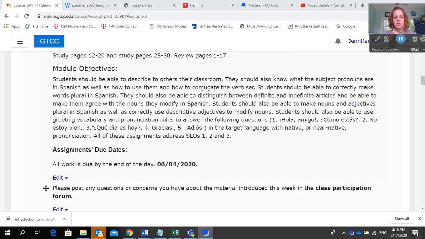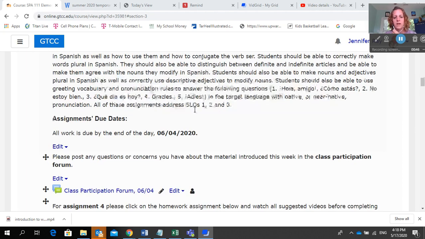After completing this week's assignments, you should be able to describe to others your classroom. You should know what subject pronouns are in Spanish, as well as how to use them and how to conjugate the verb ser. You should be able to correctly make words plural in Spanish. You should be able to distinguish between definite and indefinite articles and be able to make them agree with the nouns they modify in Spanish. You should be able to make nouns and adjectives plural in Spanish, as well as correctly use descriptive adjectives to